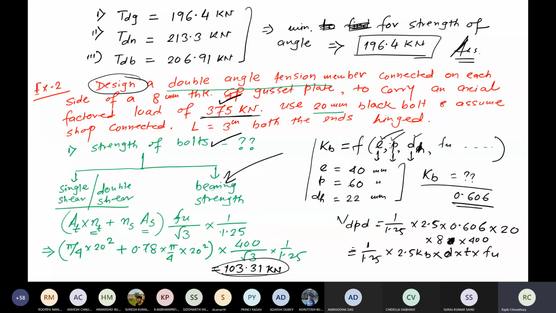Another thing is what ISA section is to be considered. This is the final thing. From the strength of the bolt alone we can understand whether 5 bolts or 10 bolts are required, but what about your ISA, which you actually have to design to carry the load? So maybe we can start in the next class.